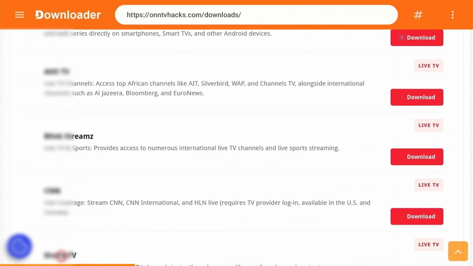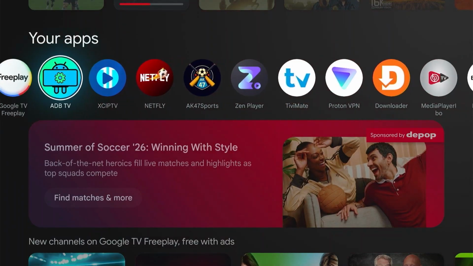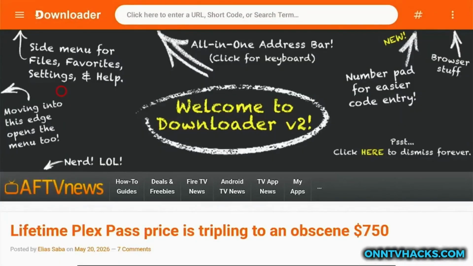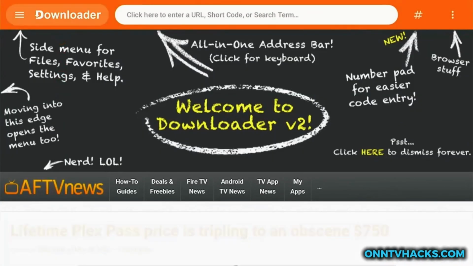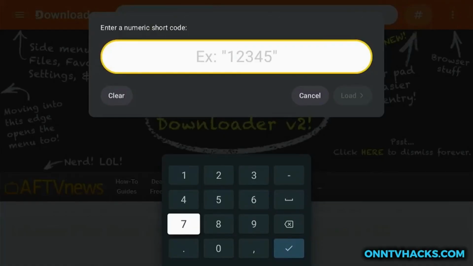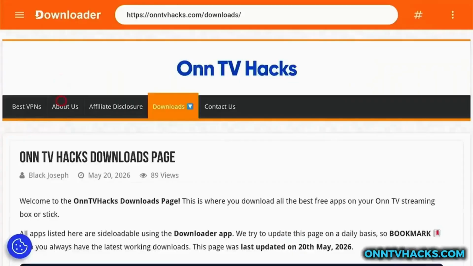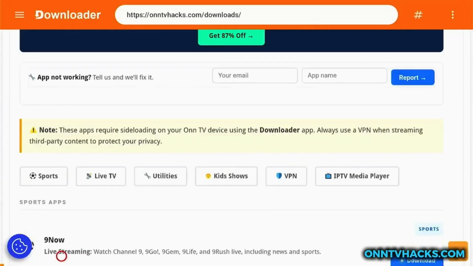So, assuming you already have the Downloader app installed on your device and you've enabled developer options in your device's settings, then you're ready to go. This is the basic jailbreak setup needed before installing third-party apps. Just open Downloader, click on this hashtag icon, and type this code, 8533602. This code will redirect you to my website's TV Hacks downloader page where I've organized all the essential